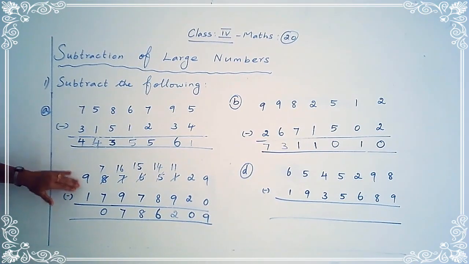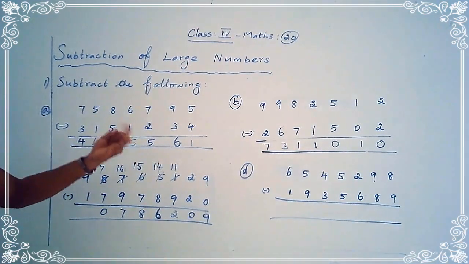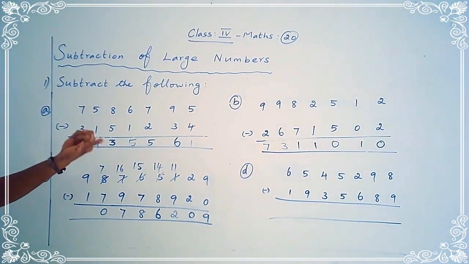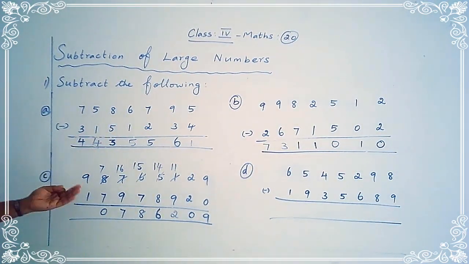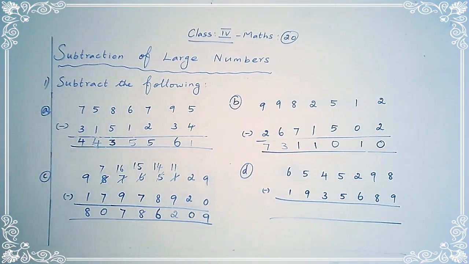Okay, so 9 minus 1. 1 after 2, 3, 4, 5, 6, 7, 8, 9. So your answer is 8. 9 minus 1 is equal to 8. Okay children, clear? Yes, so your answer is 8 crore